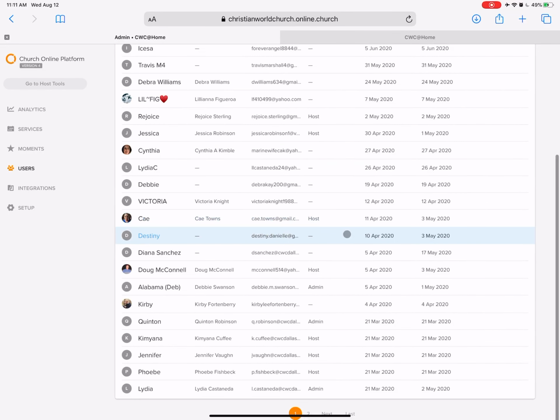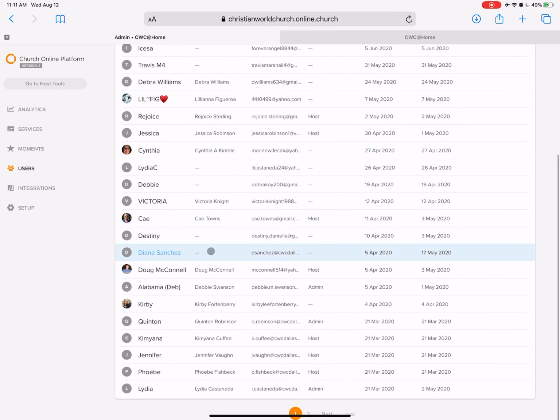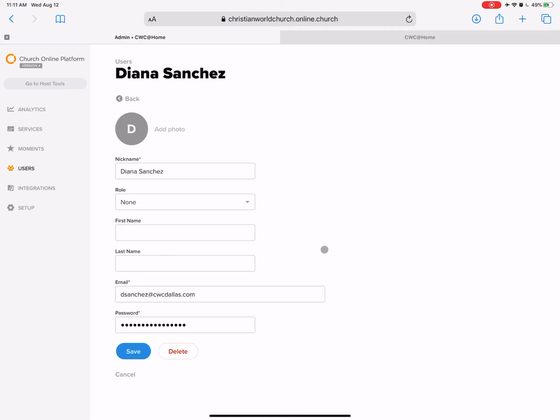Oh, yes, one thing. Where is it that we can set up? Oh, okay, yeah. If we were going to go in, you can click on somebody's name. That's what I was trying to remember to do. You can edit any of their information. The big one to deal with here is if we're upgrading people. Maybe they've been a user for a few months and they've gone through Discover Online and they're ready to serve online as a part of our community.